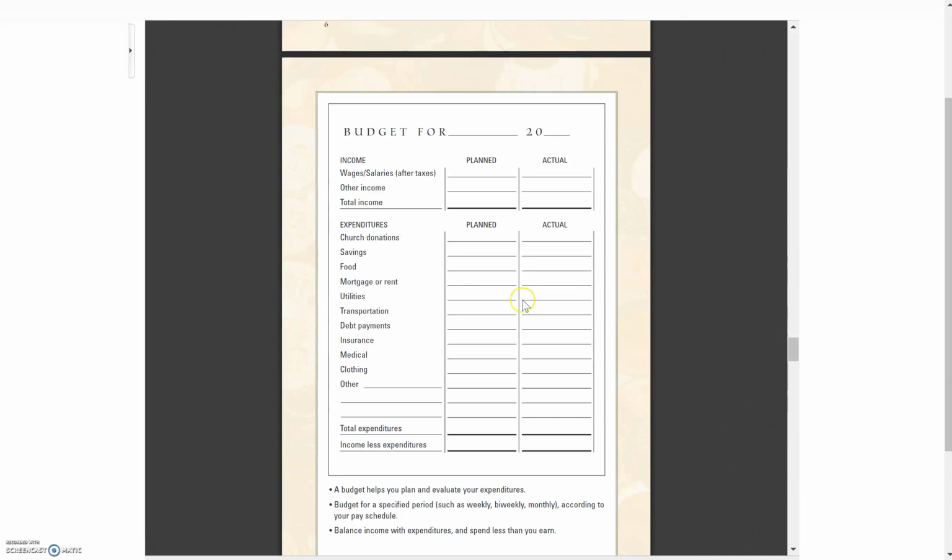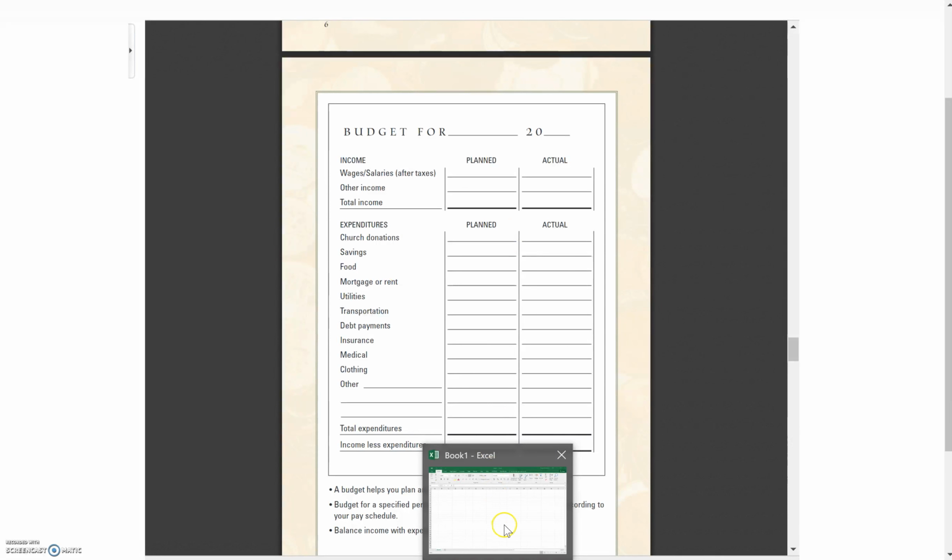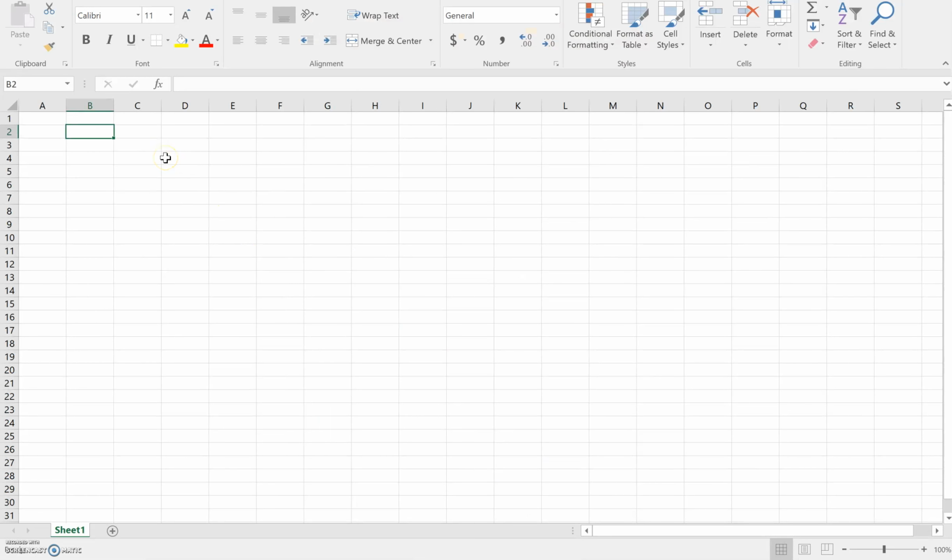It's pretty simple. And if you think it doesn't look simple, well then keep watching and you're about to find out. But this is about what it should look like. Okay, so we're going to start out by giving it a title. Budget for January 2018. Okay, and we're going to have income, and I'll put my wages,